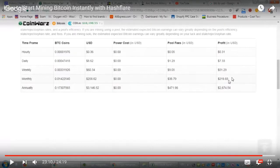Now remember, this was at that time's Bitcoin exchange rate, which was about $18,000. Right now, Bitcoin's exchange rate is about $10,000. But anyway, my goal with cloud mining has always been to make more Bitcoins and not more US dollars. I'll just explain that in one moment. But anyway, I was supposed to make about